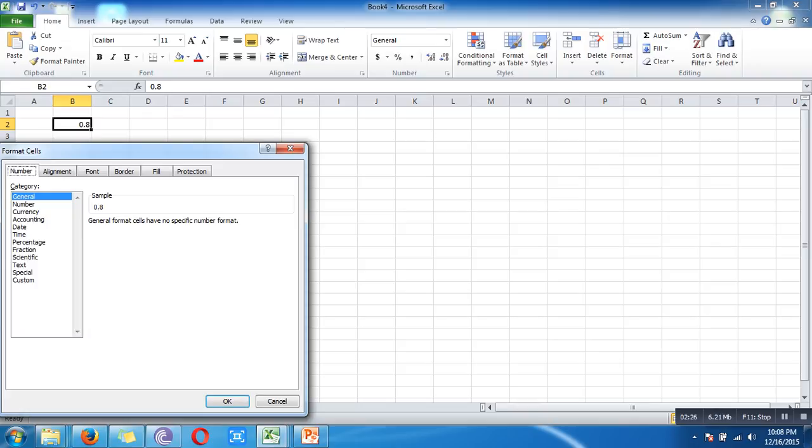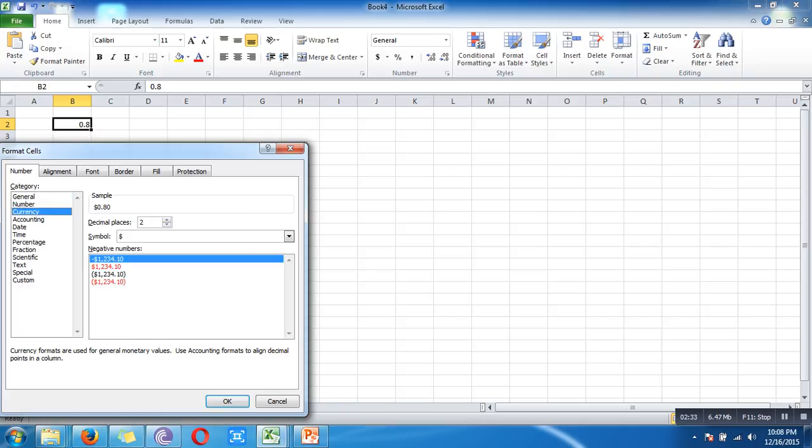For example, on the Number tab, select the currency. Note, Excel gives you a live preview of how the number will be formatted under Sample. So, 5. Click OK.